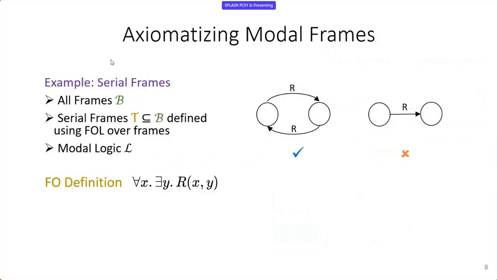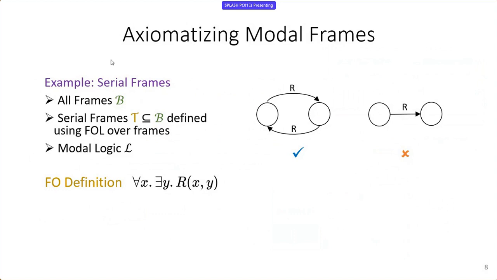Let's now look at what the axiomatization problem is. We already know that the logic L is modal logic, and the base class B is the class of all possible frames. For the target class, let's take the example of what are called serial frames. A serial frame is one for which in every world, there is a world accessible from it. So the frame on the left is a serial frame, but the frame on the right is not. The target class here is not just in my mind, but is in fact precisely defined by the first order formula that you see on the slide. The objective then is to try and describe such frames using modal logic itself.